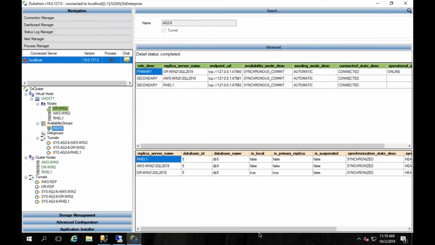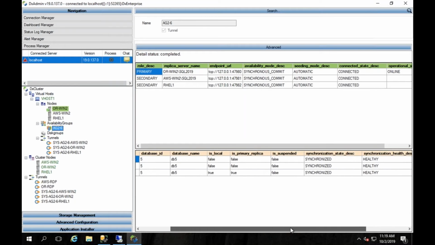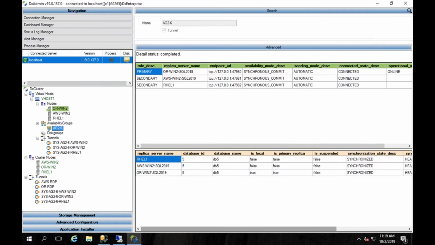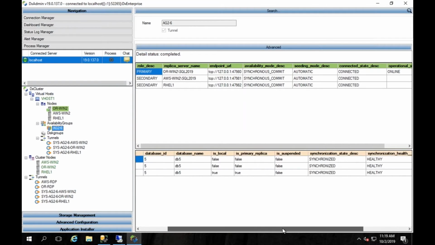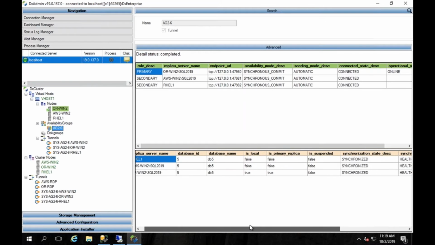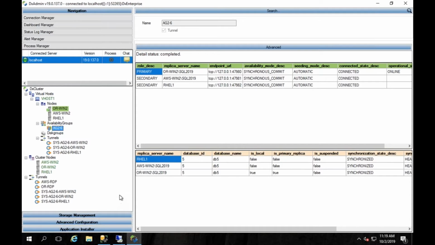Okay, and you can see now that all 3 of those replicas are all fully synchronized and healthy. Our primary is on the OR-Win2 machine. Okay, so it's really that simple. I can add, remove databases as I need to, and now this availability group and these associated databases are being